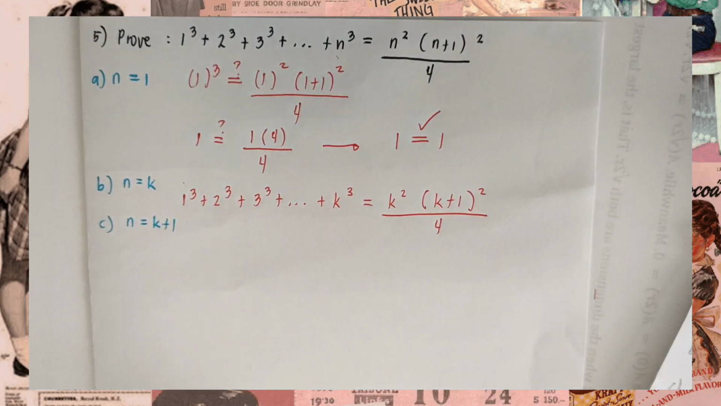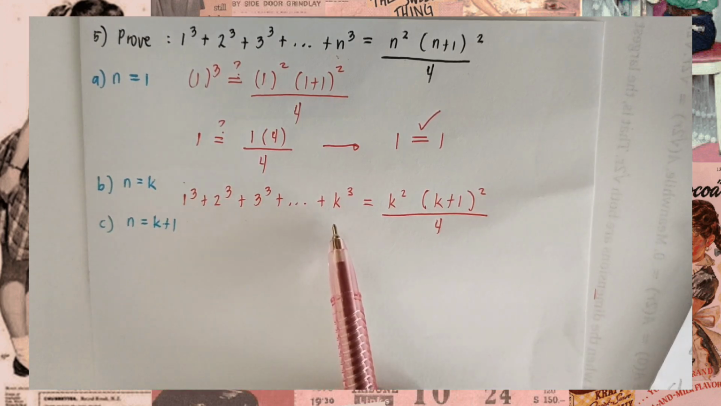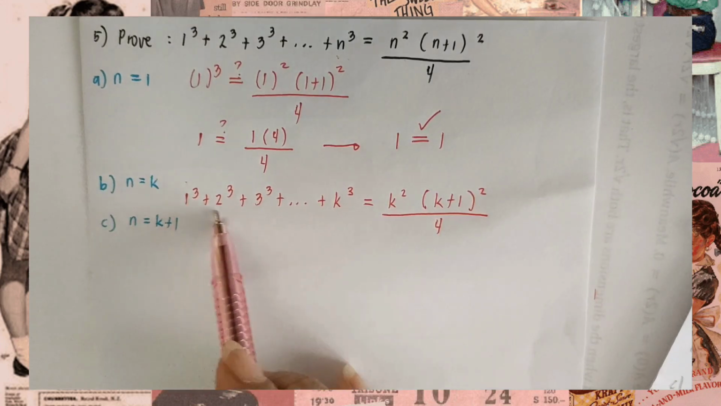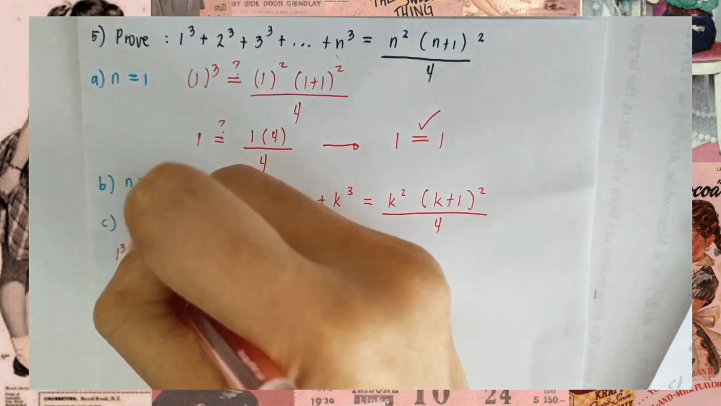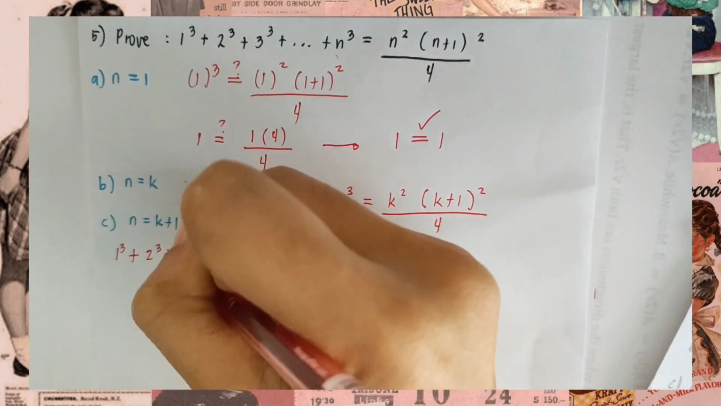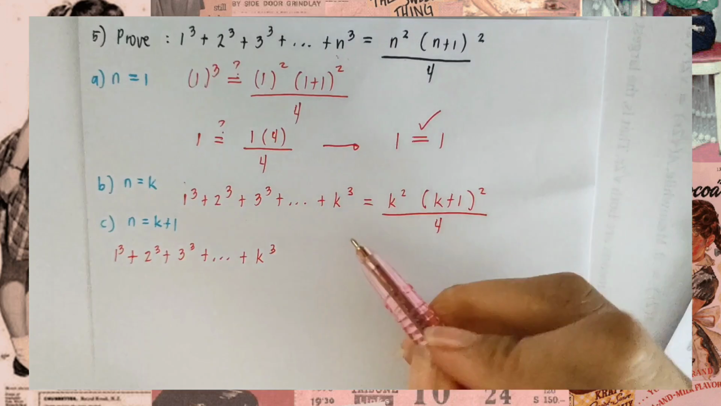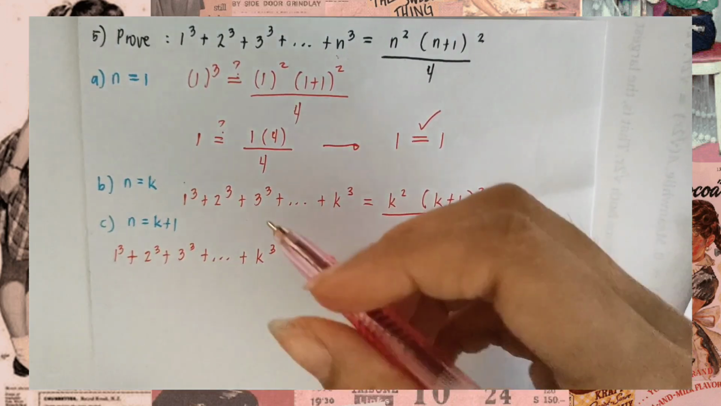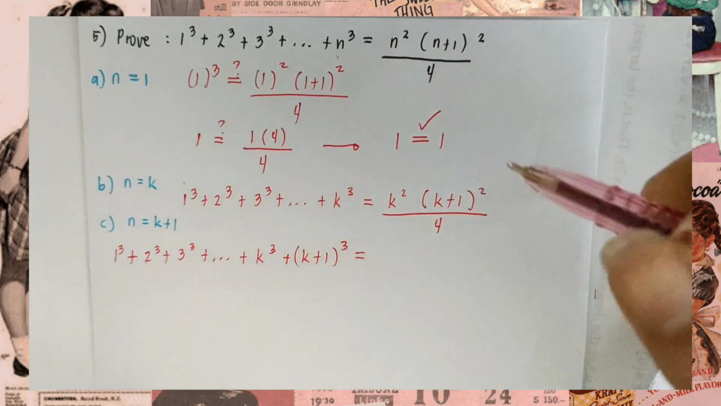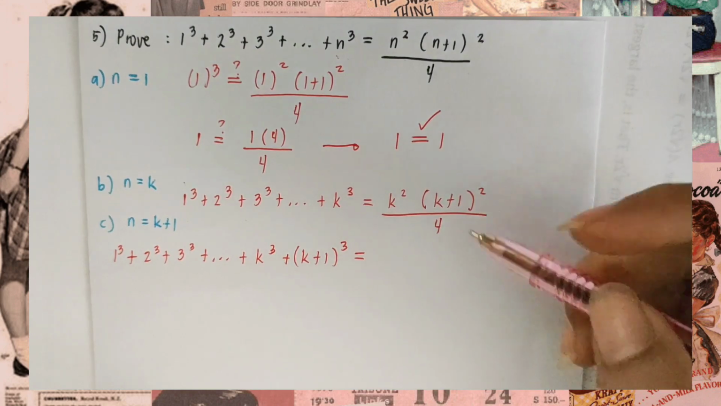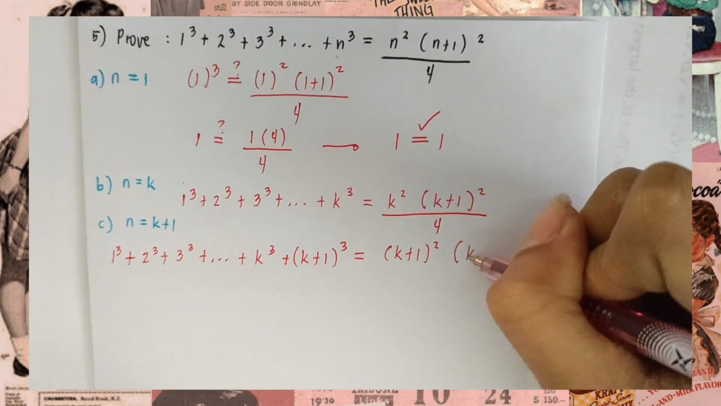After writing your assumption, let's proceed with our induction. We need to change all our k with k plus 1. So again, copy first this part. So we have 1 cube plus 2 cube plus 3 cube plus ... plus k cube. Then after k cube, change this one with k plus 1. So plus k plus 1 cube equals, all the k on our right side of the equation will be changed to k plus 1. So k plus 1 squared times k plus 1